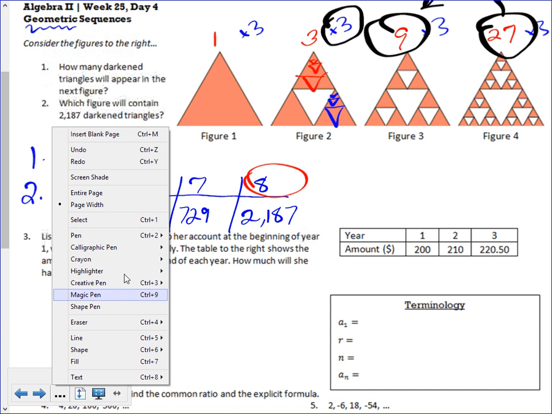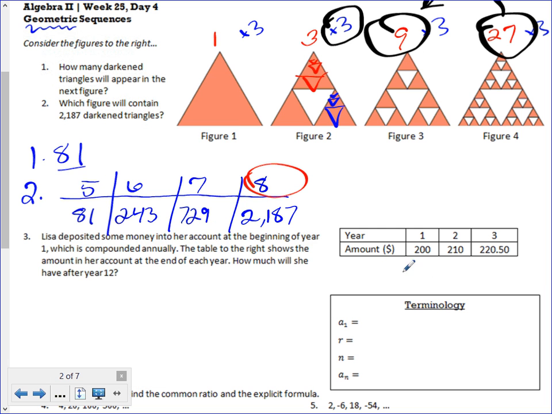Okay, so let's write down our formula and then let's try number 3. And the formula looks like this. The nth term, or the last term, because when the terms are fractions, you're not going to be able to just look at it and tell. You're going to need a system. So pick a term and divide it by the previous term, the one in front of it. The nth term is equal to the first term